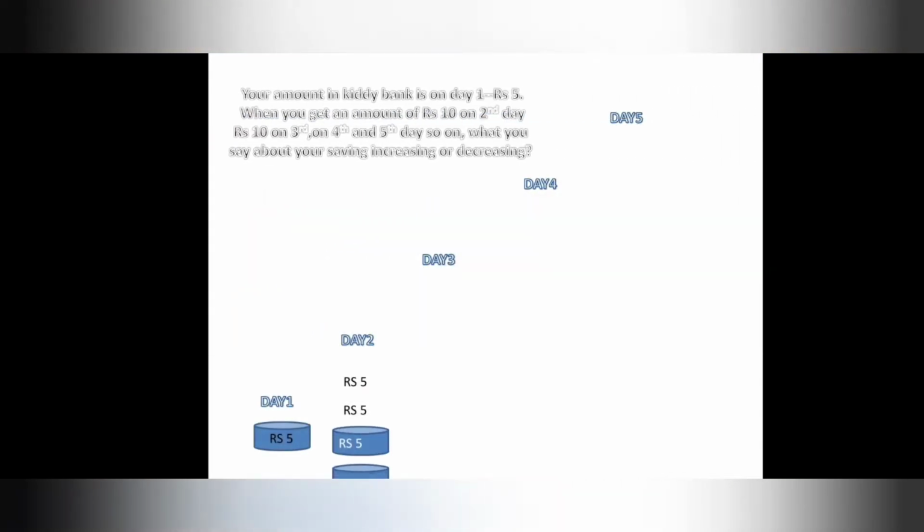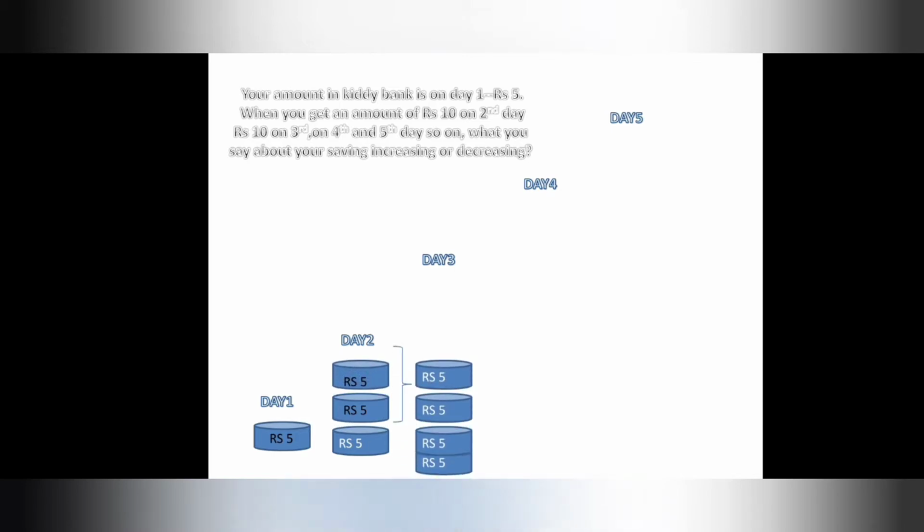Let's have clarity about the topic with an example here. Let us suppose you have a kiddie bank and the saving on day 1 of your kiddie bank is rupees 5.